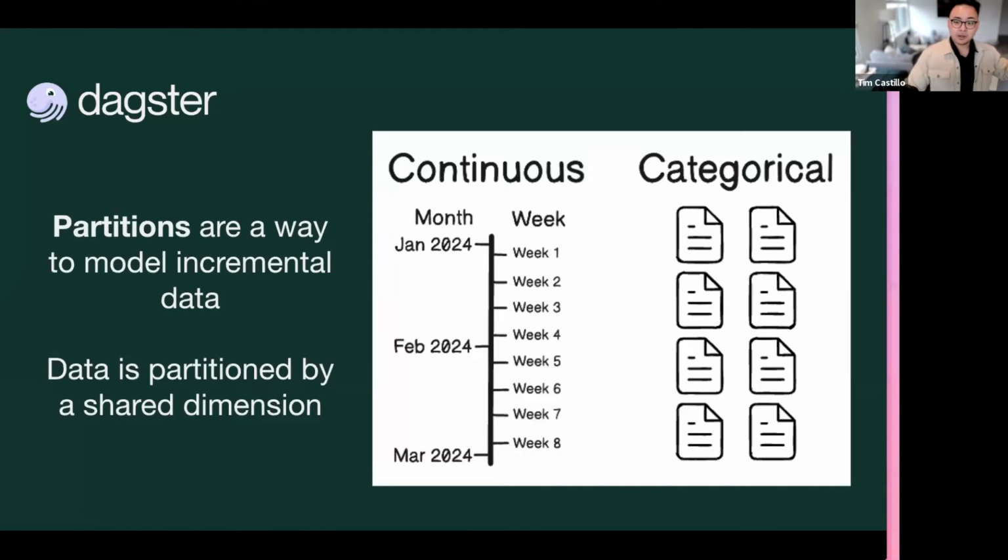And partitions are a way to model incremental data. Rather than working with the entirety of your data, you're only working with an individual slice of it. And these slices can be defined by any shared dimension or feature of the records. There are two different types of dimensions to partition by: continuous and categorical data. Continuous partitioning is bucketing based on a range of values. The most common continuous type of data to partition by is time, such as transforming an individual day, month, or